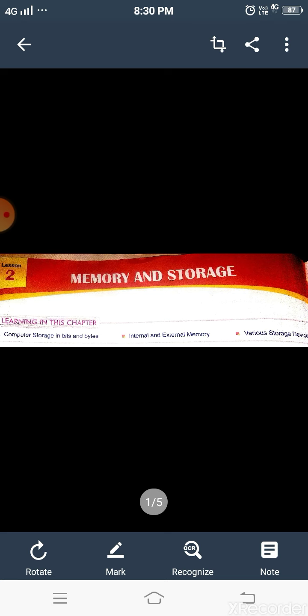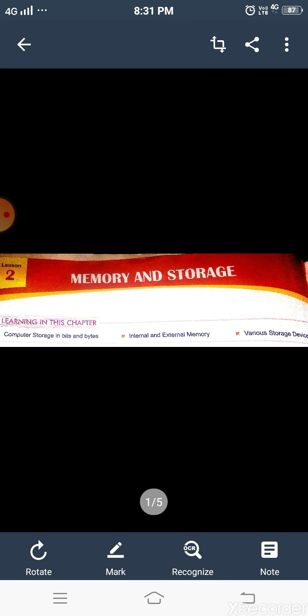In the previous video we have seen that computer memory is divided into two types: internal or primary memory and external or secondary memory. Internal or primary memory is also known as main memory. It is inbuilt memory and used to store data and instructions while the computer is working. The data stored in internal memory is erased when the computer is turned off or when the power goes off. Means the storage of this internal memory is for a very short period of time.